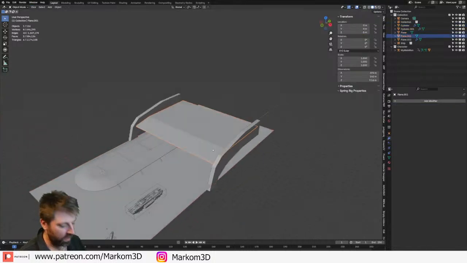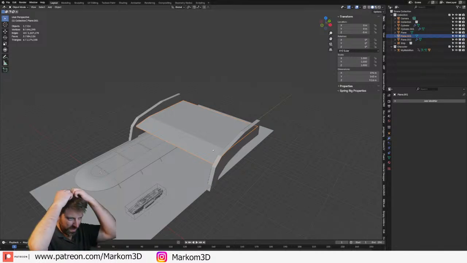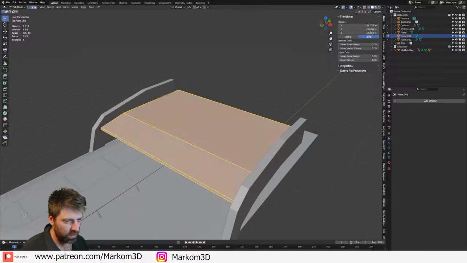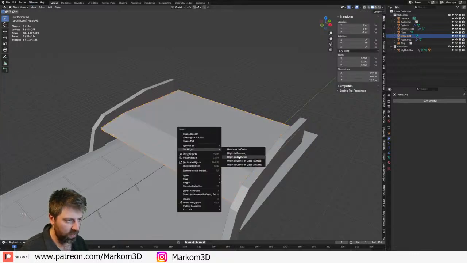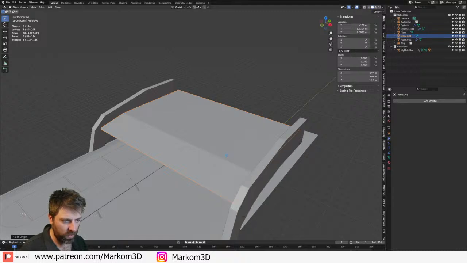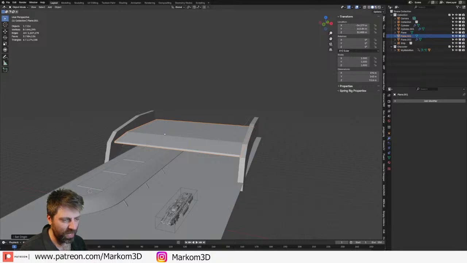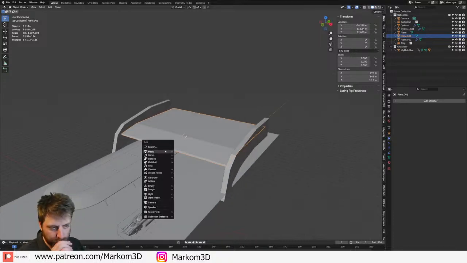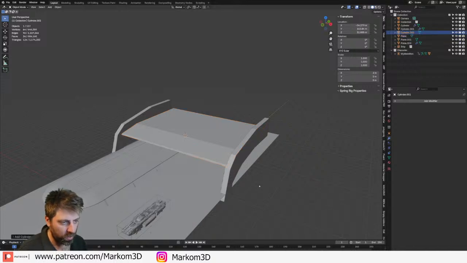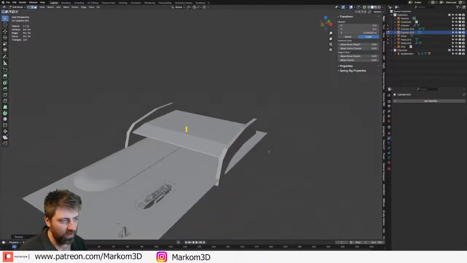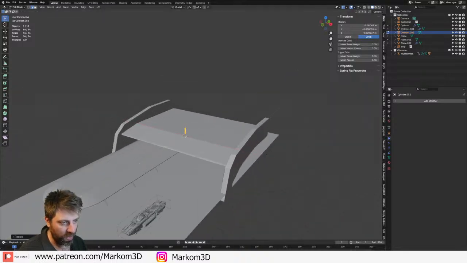So the idea that I'm having in terms of soccer stadium style. Let's go right click, set origin to geometry, right click, set origin 3D cursor. No! Shift S, cursor to selected. So these are kind of like these giant beams.